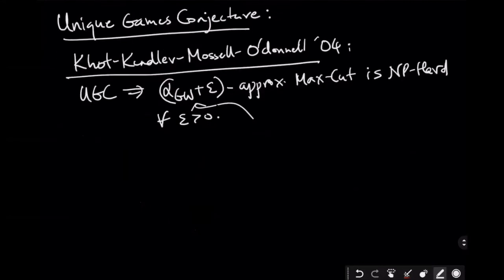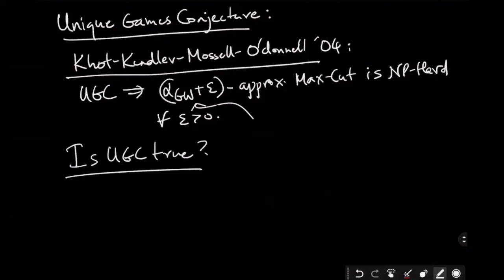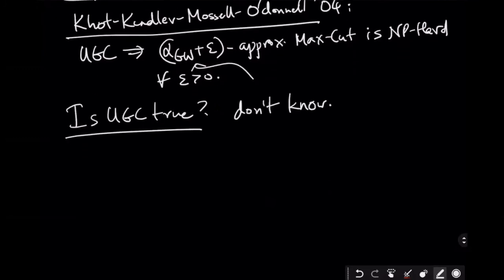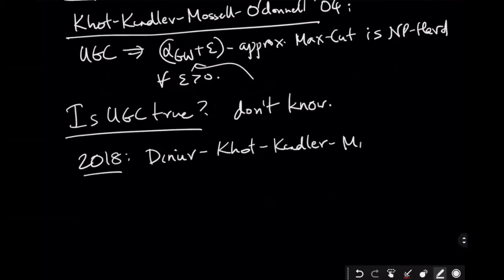So you can now ask, is UGC true? Because, well, clearly that's what somehow governs whether we can improve this algorithm during the course of our seminar. So of course it's a conjecture, so we don't know. But just last year there was a big improvement in our knowledge of it. So Dinur, Khot, Minzer, and Safra,